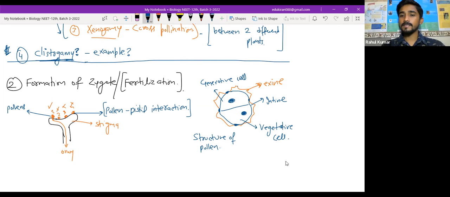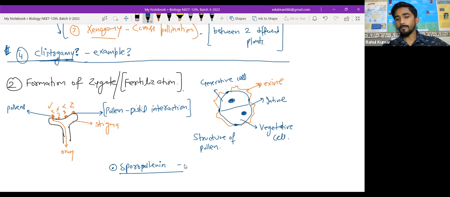That's why this exine, the outermost layer of this pollen, is made up of a chemical called sporopollenin. Sporopollenin. Write down. This has been asked in your entrance. Sporopollenin is such a hard polymer in nature that it is almost non-reactive to anything. So it is a very, very inert polymer. So write down, sporopollenin